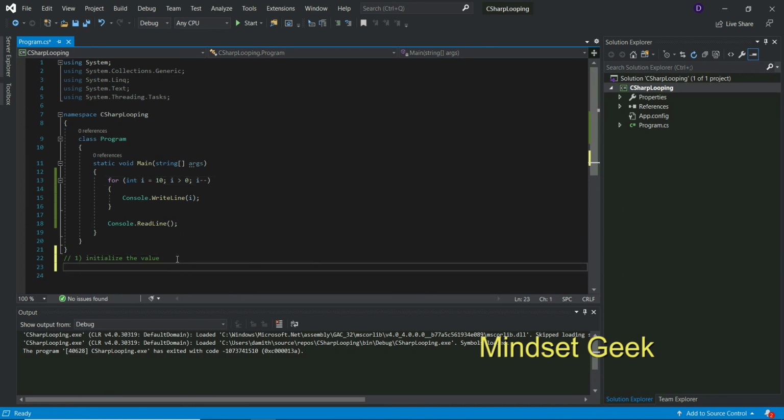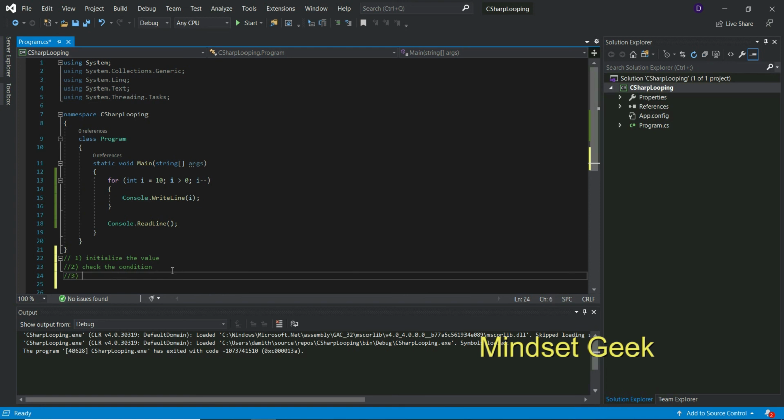Second: check the condition, that means this part. Check whether i is greater than 0 or not. If this part is true, execute the content.